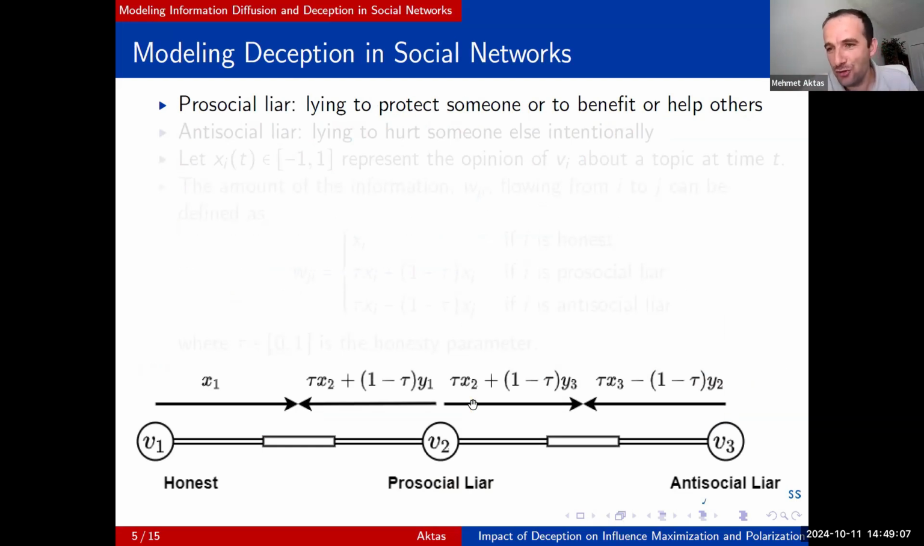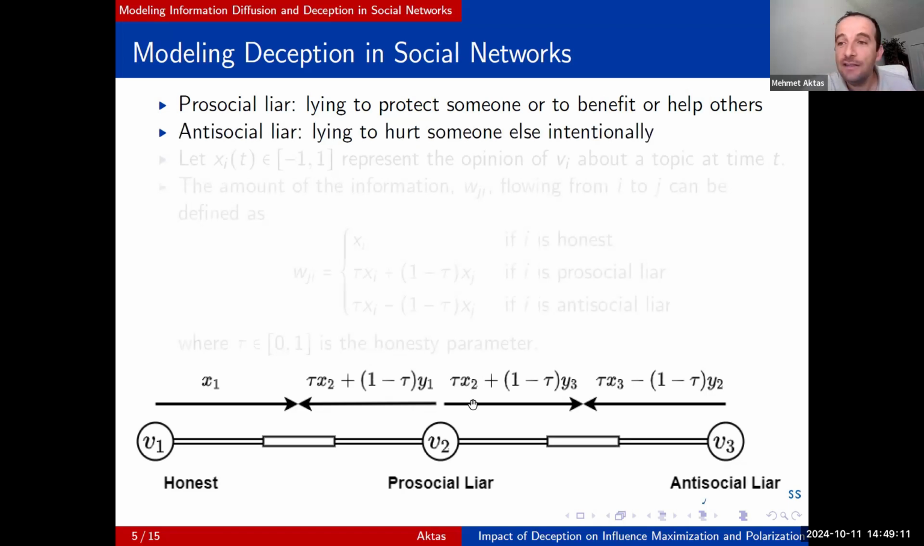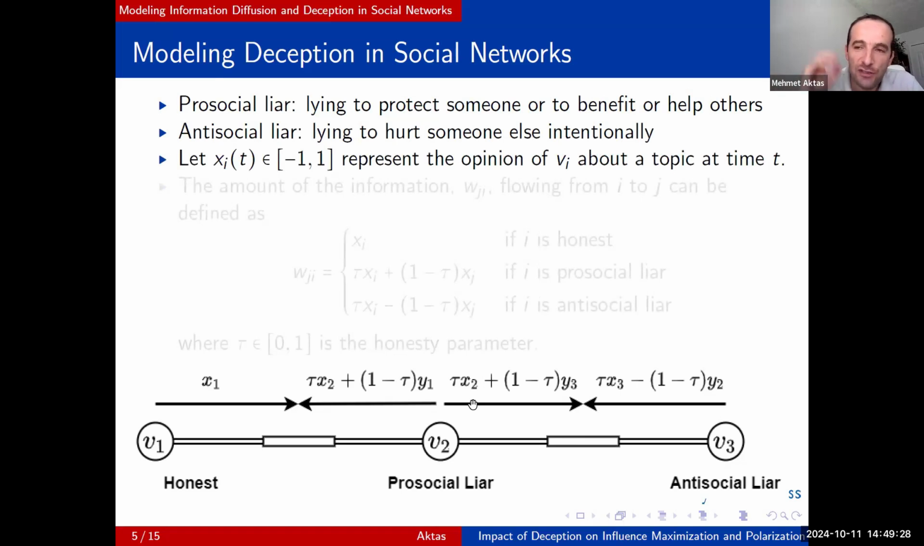This is actually a pro-social lie. I lie to him to make him actually better. But there is also the antisocial liar. These lies are totally intended to hurt someone. That hurt can be in many ways, but the goal in this lie is just negative, hurting someone. So what we do in our model, we just assume that everyone has an opinion between -1